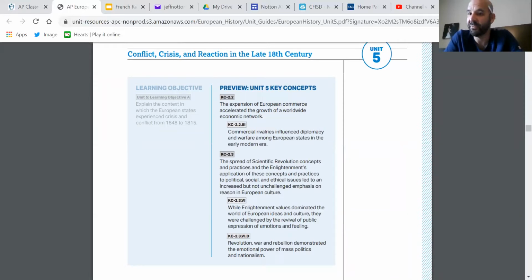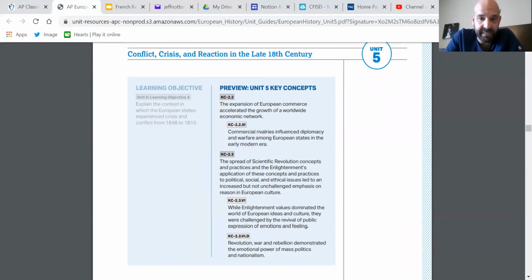Another concept we see in the 1648 to 1815 time period that we have reviewed previously was the growing European trade, global network, that sort of thing. Right. And so a lot of the stuff that they talked about in this unit was the political rivalries that emerged because of that. Well, of course, if you're going to establish a context, you would talk about European exploration, voyaging out, getting colonies in the Americas, making trading connections in the Indian Ocean like the Dutch do in the East Indies, like the British do in India, and that there was competition in a mercantilistic world where there's a finite amount of wealth. You want to get as much as possible. That's an idea for context you could talk about there.